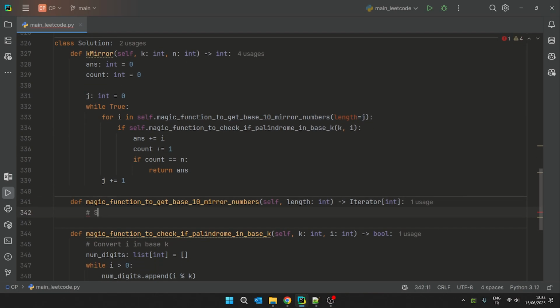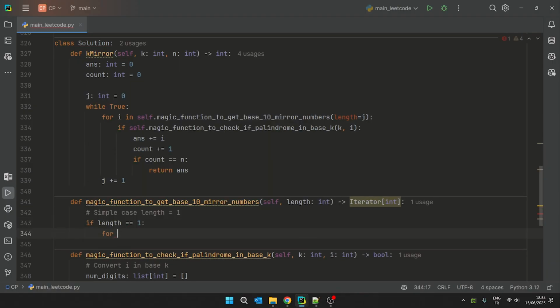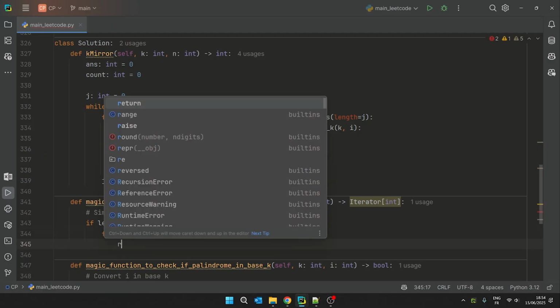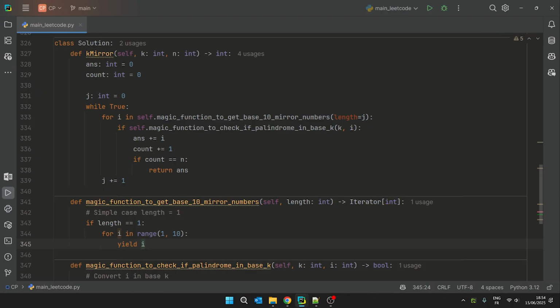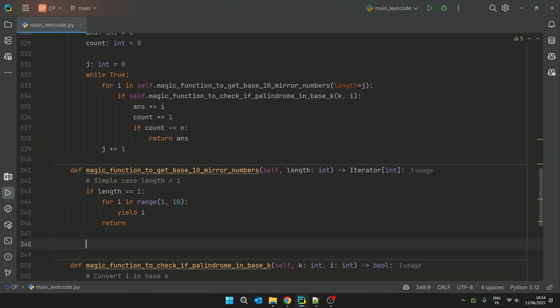Very simple case would be if length is 1. Because if length is 1, we can just return everything between 1 and 9 included, because if there's only one digit, then it's obviously reading the same forward and backward. Now, if the length is not 1,